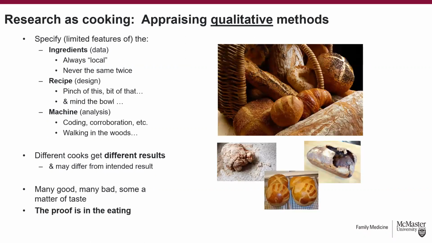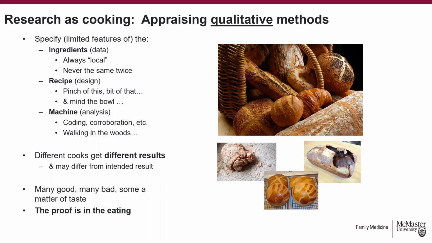Qualitative, it's a bit different. We're no longer in the bread factory. Now we are making an artisanal sourdough baguette. And we now, in this field, believe that we could give a whole bunch of people exactly the same ingredients in the same oven, but we're going to get a wide variety of outcomes. We could get everything from a perfect loaf of bread to Play-Doh. So here the assumption is that same ingredients, same recipe, vastly different results because of the influence of the baker, the localness, the contextual aspect of qualitative research.